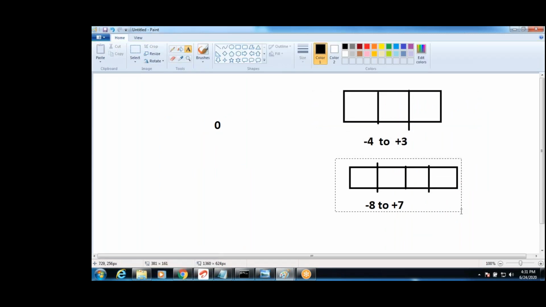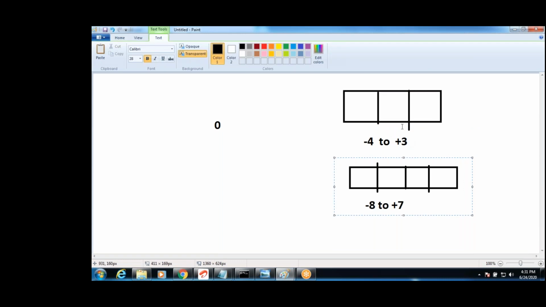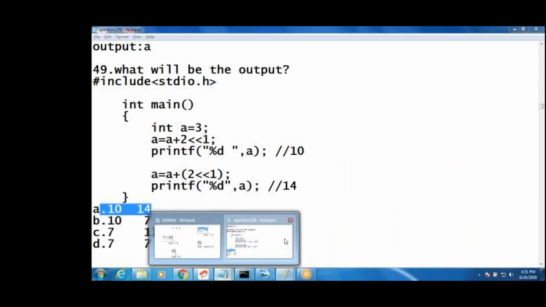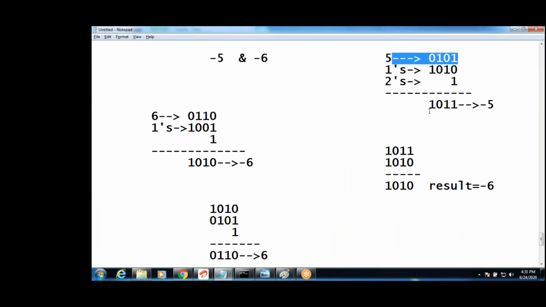I have given this, guys. I have given this sheet. Okay, 3 binary values and 4 binary values, right? This is minus 5 value. This is minus 6 value, same. 4 bits I have taken, 4 bits. You understood, right? What is 4 bit? 1 2 3 4 bits. Here also you get 1010. Now 1011 AND 1010. This is minus 5 and minus 6 AND operation. 1 1 is 1, 0 0 is 0, 1 1 is 1, 1 0 is 0. Result is minus 6. Clear, guys?